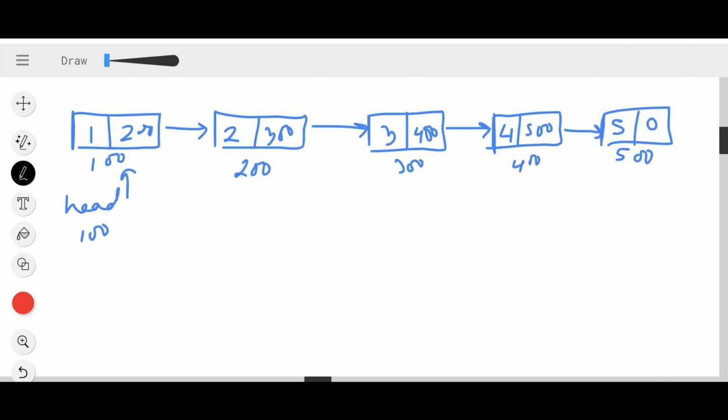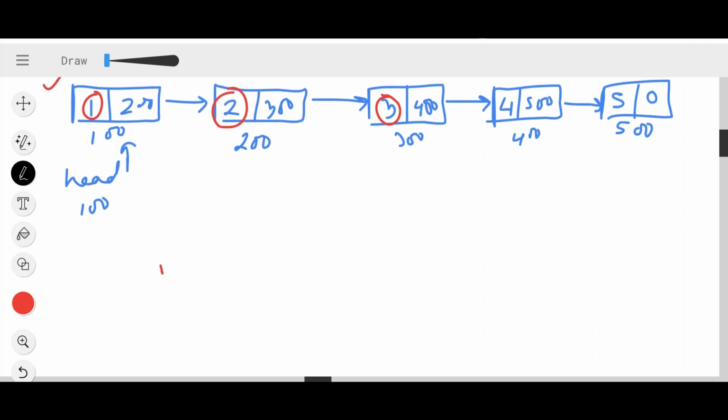What I'll do, I'll simply traverse this whole linked list, and while traversing, I will extract all the values of each node in this linked list and store them in a vector. And using those values, I will construct a new binary tree. Okay, so let's traverse the whole linked list first and store the values into a vector. So here I will require a vector array. Let's name it V.